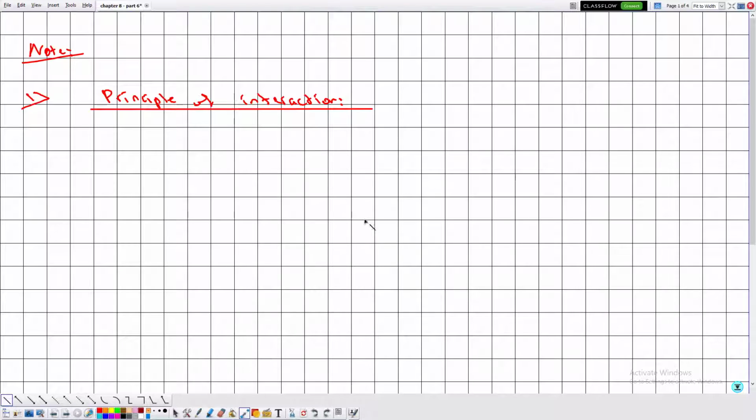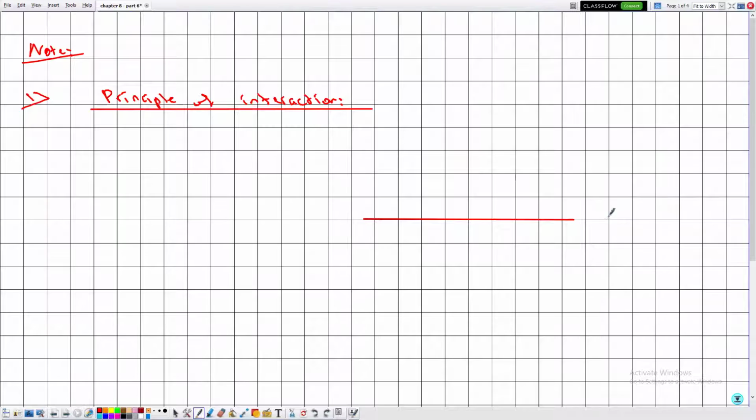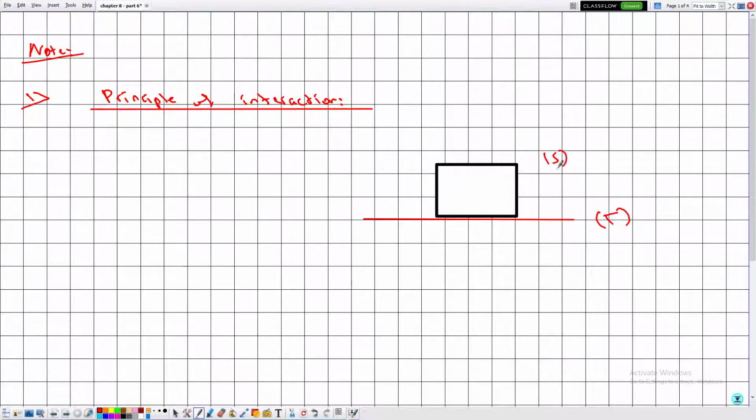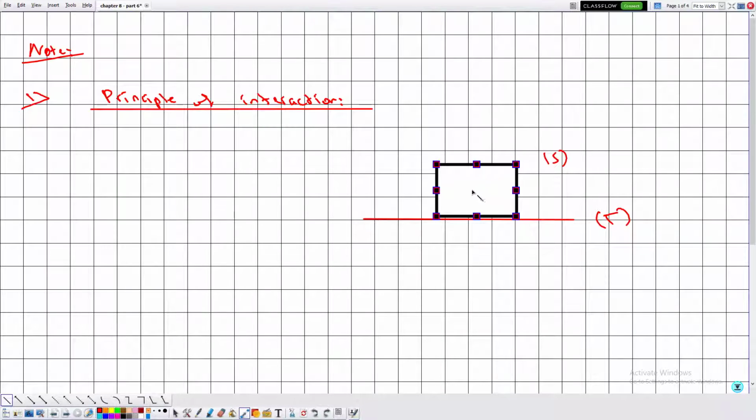Now here suppose we have a support. So this is the support. Let me say that this is the support T, which stands for a table, and let's place on this support a solid S. Now what are the forces that are acting on the solid S? We know that there is a weight acting on the solid S vertically downward like this,